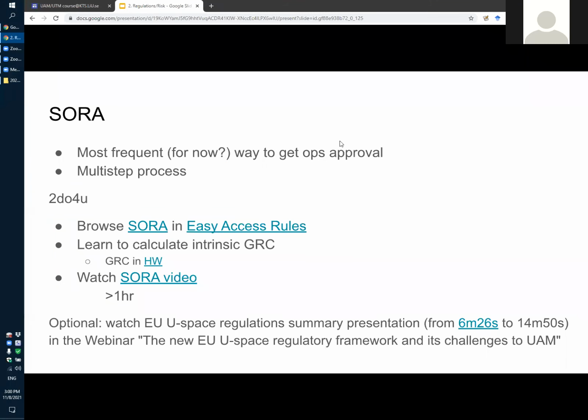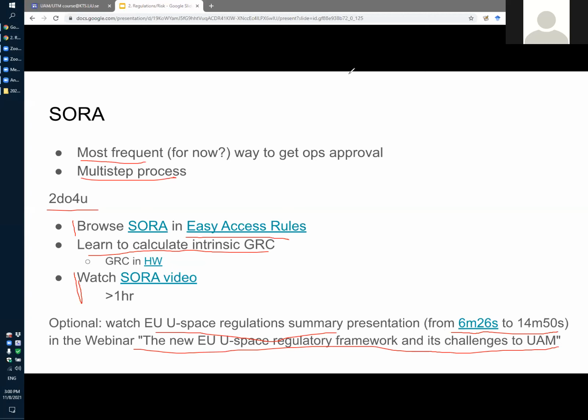And last but not least, the last slide. Yes, SORA is the most general, multi-step process, I think I said. What you have to do is browse the SORA documents, learn to calculate, as I said, the intrinsic ground risk class, one particular step in SORA, and watch this SORA video. It's about 1 hour. You can also optionally watch the EASA regulations summary presentation. I gave the specific minutes in a webinar. That's just a summary. Do it when you want, and I'll